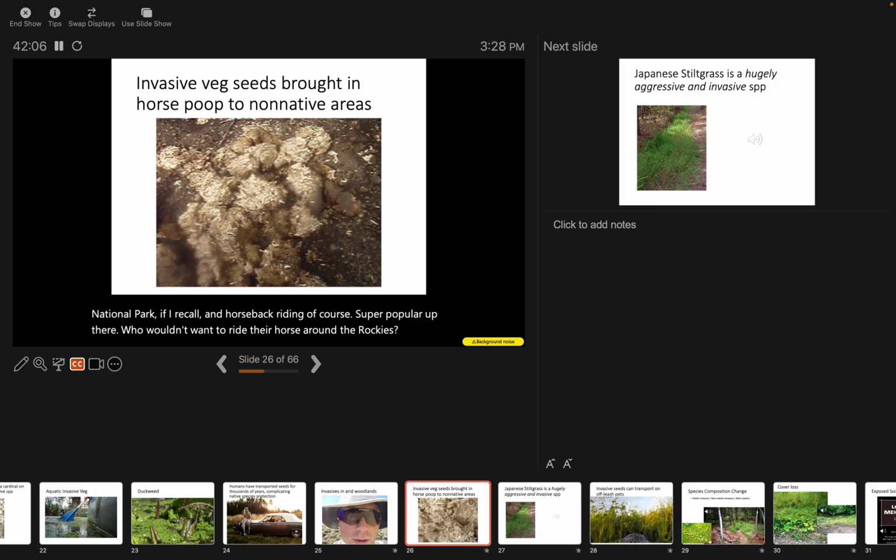But so that they can save a little bit of money on their extremely expensive horses, a lot of people have the temptation, or at least the financial incentive, to bring lots and lots of feed with them that they can get at a lower price instead of paying tourist or dude ranch prices locally at Rocky Mountain National Park. Does that make sense? So you have people bringing in all kinds of seed from all over the country into